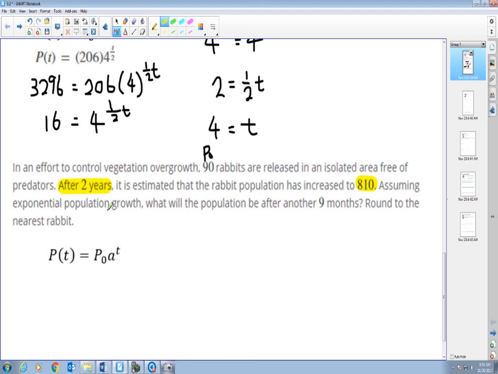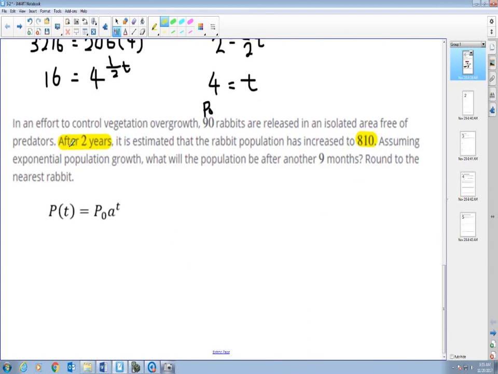Assuming exponential population growth, what will the population be after another 9 months? So the question is asking what the population is going to be another 9 months after the 2 years. We have to use this information to write out the model before we can answer the question itself. So my initial population was 90 rabbits